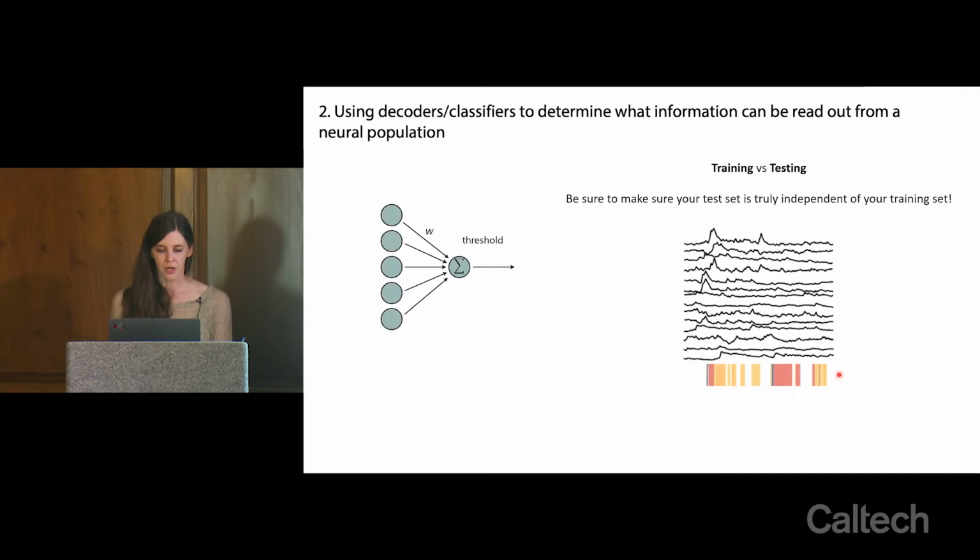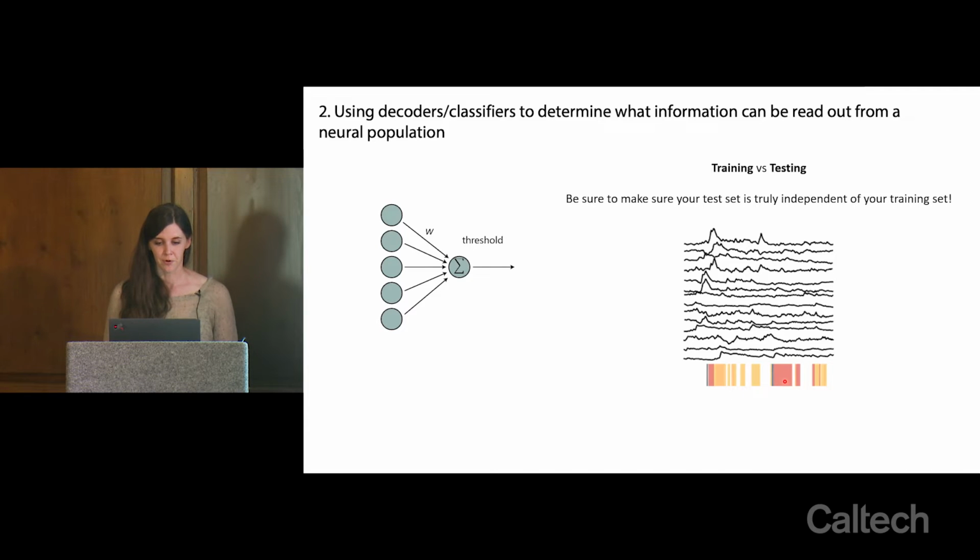But you can do other things with decoders to look at how information in a neural population is evolving over time. But first, when you are evaluating a decoder, we touched on this a little bit yesterday, you need to test it on a different set of data than you use to train it. So when you fit these weights, you're going to be picking them to best predict whether a behavior is happening or not. To evaluate it, you then want to take a held out trial or a held out chunk of time